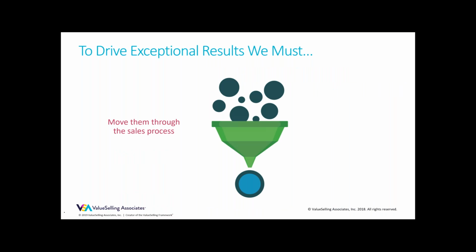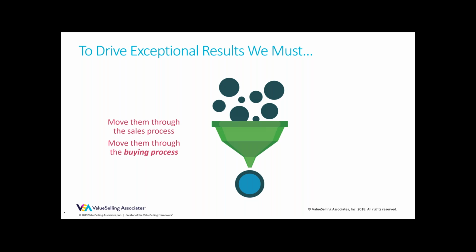So let's now then talk about the next stage. We've found them. We're getting these appointments. We're using our authority and our content to create interest and intrigue. We're not talking about us. We're talking about them. Now we've got to start to move them through the sales process, which really means we need to move them through their buying process. And we need to understand their buying process if we need to move them through that.